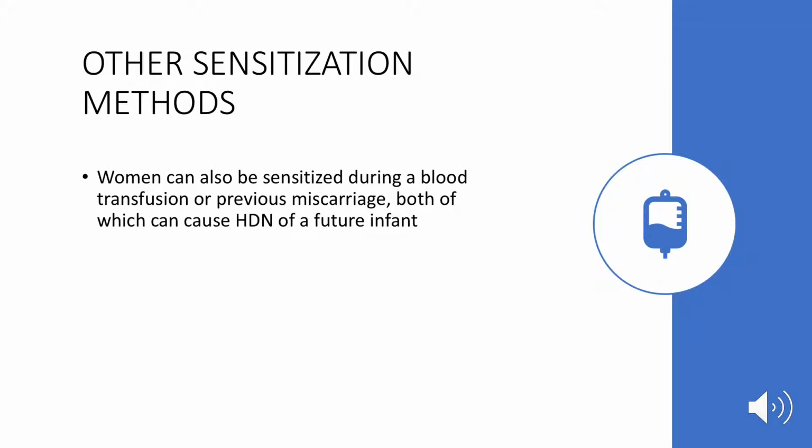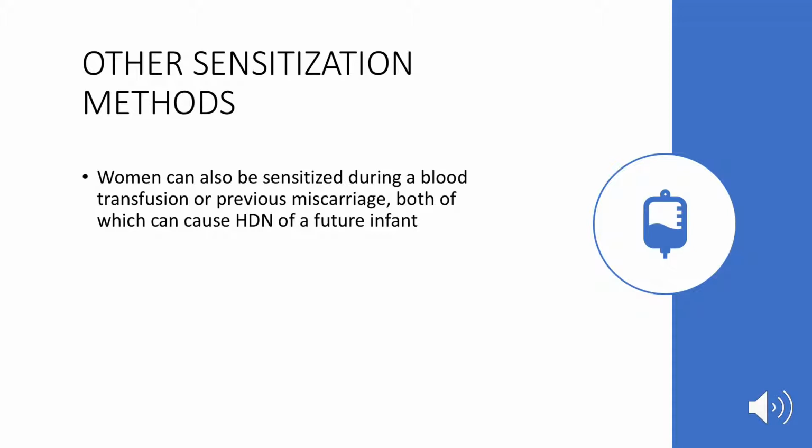However, I mentioned earlier that there are other mechanisms for this disease to occur, so other sensitization methods. Sensitization just means the mother who is negative coming across this antigen and producing antibodies against it. So one way that a woman can be sensitized is if she has a blood transfusion and the blood is rhesus positive, then the mother will produce